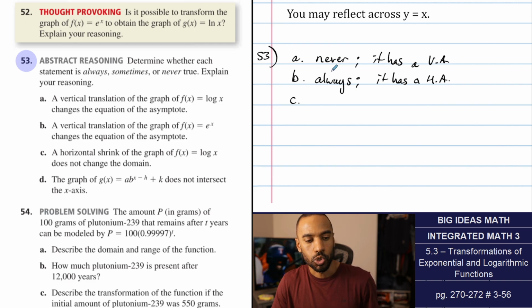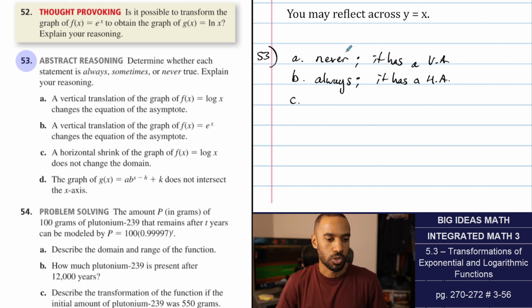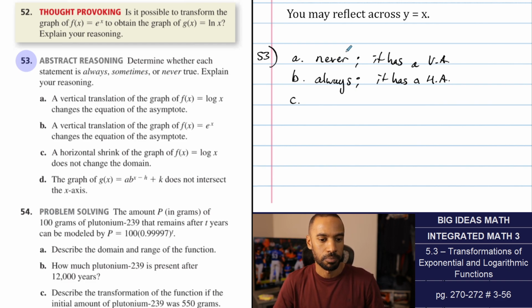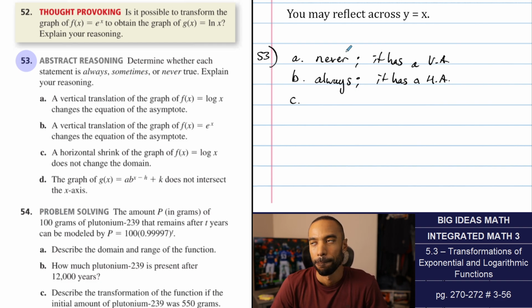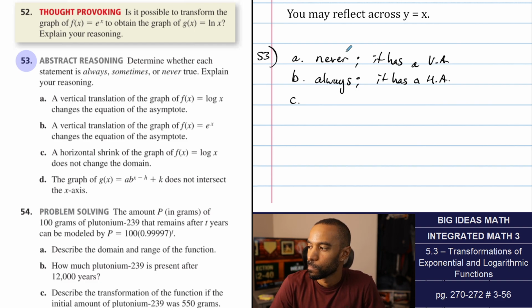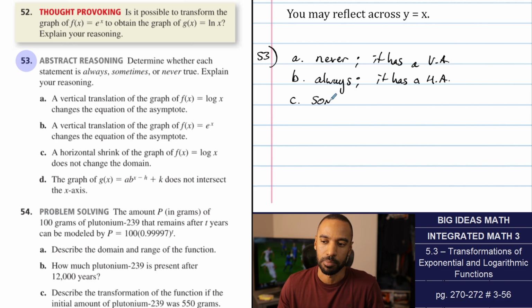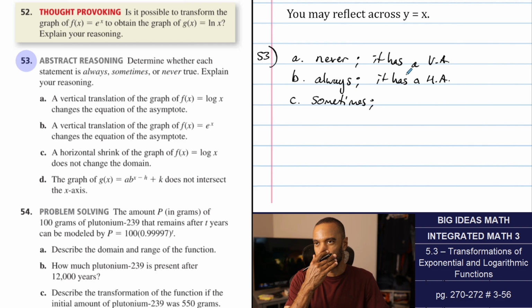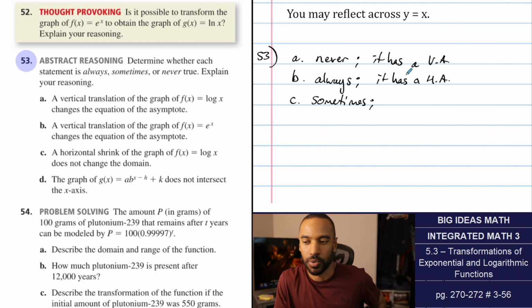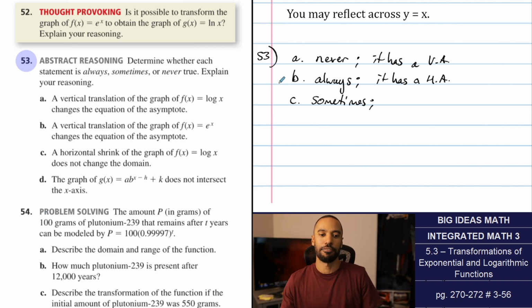A horizontal shrink of the graph of f of x equals log of x does not change the domain. Okay, if it said it does change the domain, I would say it's often true. It's not always. Okay, you know what? This is a sometimes. Now, I was backwards on the thinking. It says does not change the domain. I want to now say never versus always. But sometimes, because if